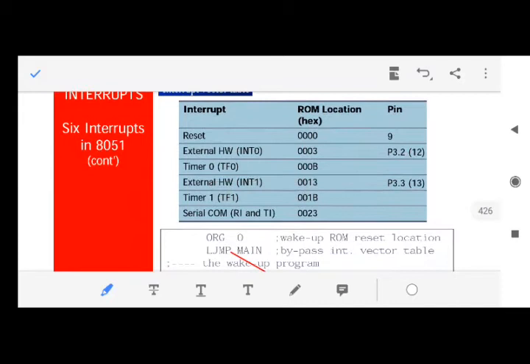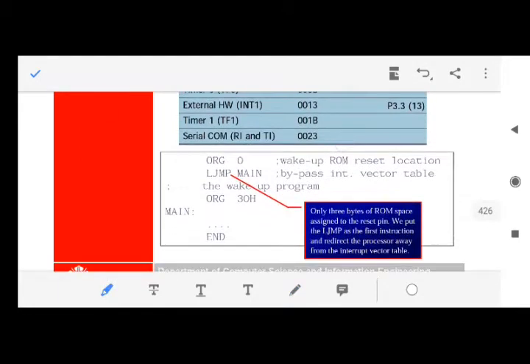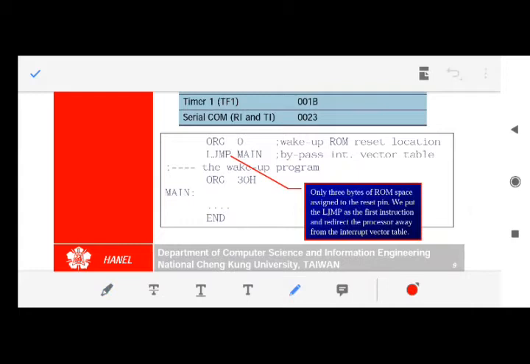Then we have covered the interrupt vector table. This table defines which interrupt service routine is to be executed when an interrupt occurs. For example, if the timer flag is raised when timer 0 has completed its counting, then the interrupt service routine will be executed at this place. And this is the address of the interrupt service routine which is placed in the ROM. We have completed all these things, and this is how the instructions are written in a ROM.